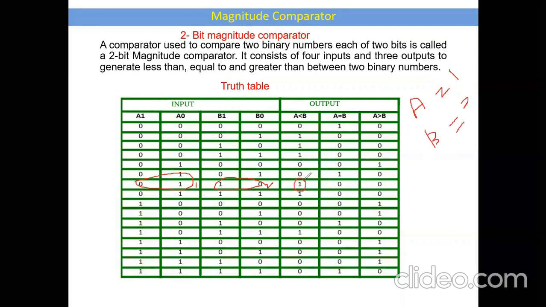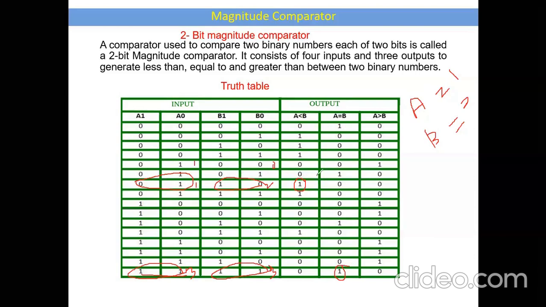The same way we should compare 2 bits. We are comparing A binary number of 2 bits with the B binary number of 2 bits. Here we represented the binary numbers. You can take this 0, 1. 0, 1's decimal equivalent is 1. So 0, 0, the decimal equivalent is 0. Then you should compare A with B. Similarly, you see here, this is also 3. This is also 3, because 1, 1 is 3. Here also 1, 1 is 3. Both are equal. That's why A equal to B. Like this, we should make the comparison.